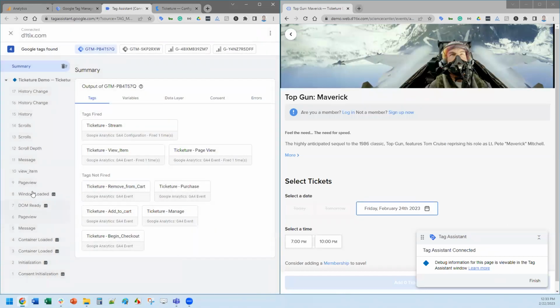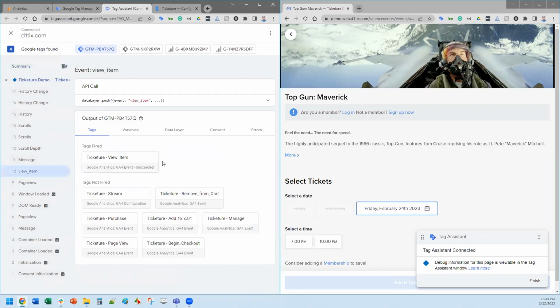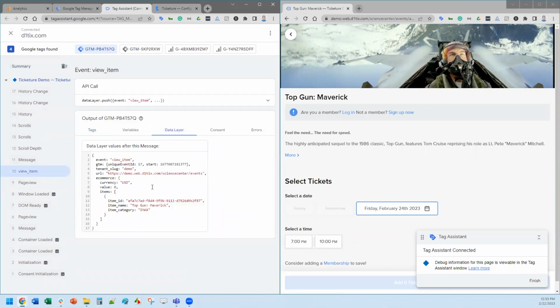You can also see on this left-hand side all of the actions that are happening. If I look at view item, I go, hey, what in the world's in that data layer? Maybe your marketing team would be like, hey, how can I see X? How can I see Y? We do have a format in that knowledge base article that we're sending data into. The item ID is the GUID from the event itself.